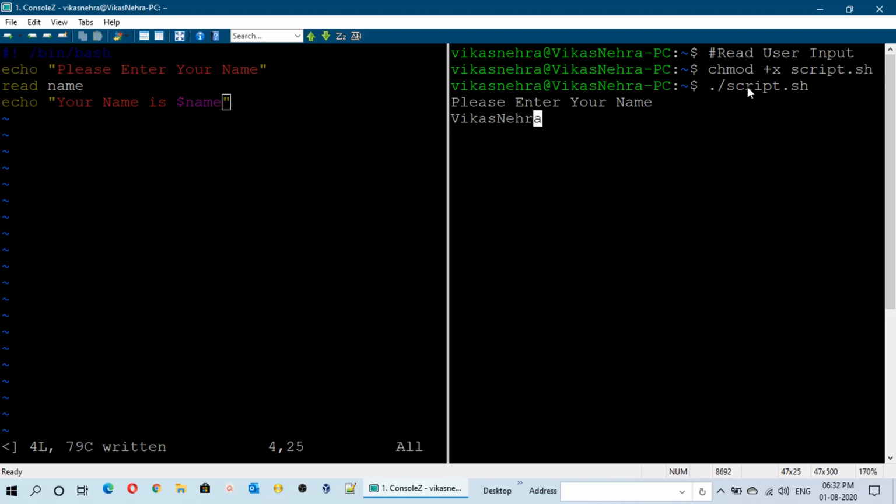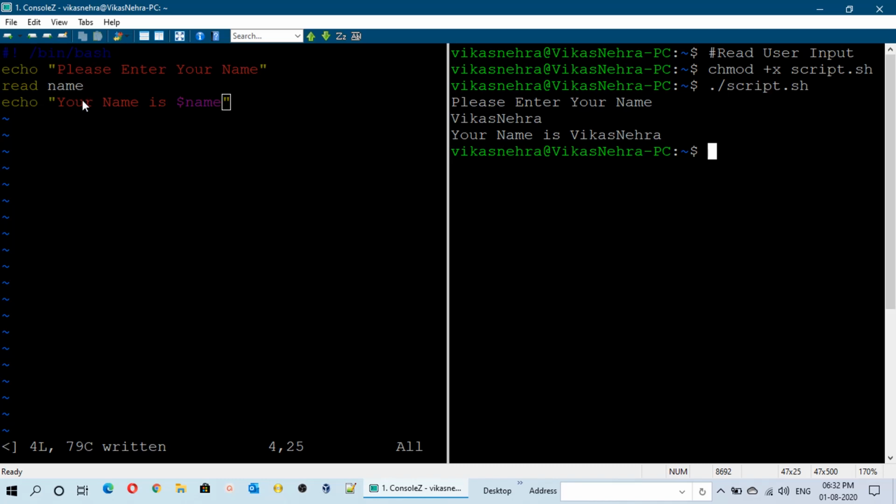Let us suppose I mention here Vikas Nehra. Then after pressing enter, this script will display my name. Your name is Vikas Nehra. So in this way we can use the read operator. What this operator is doing in this script, it is taking the input from us and storing the value of the input in this name variable.